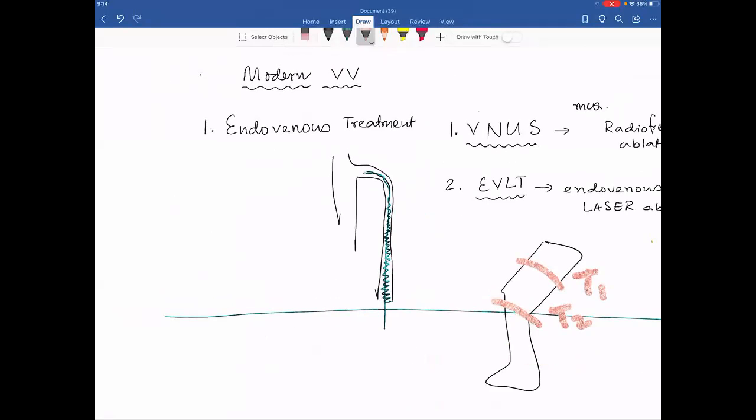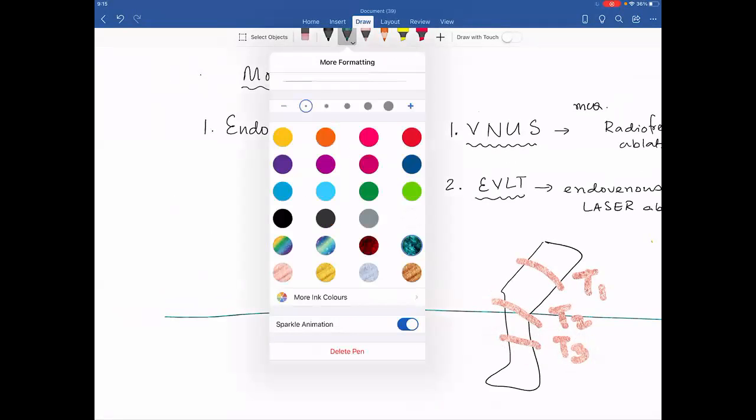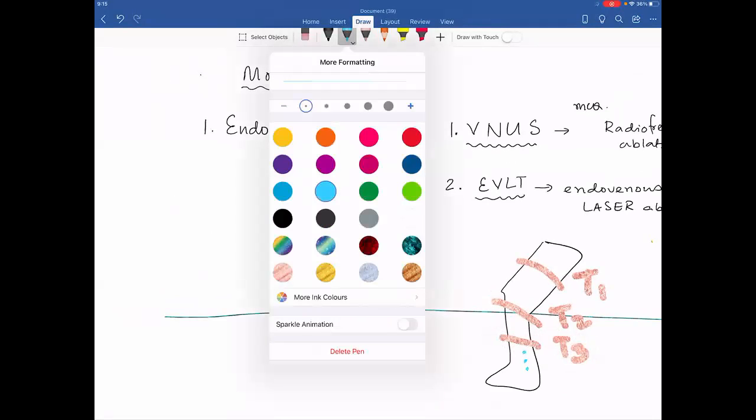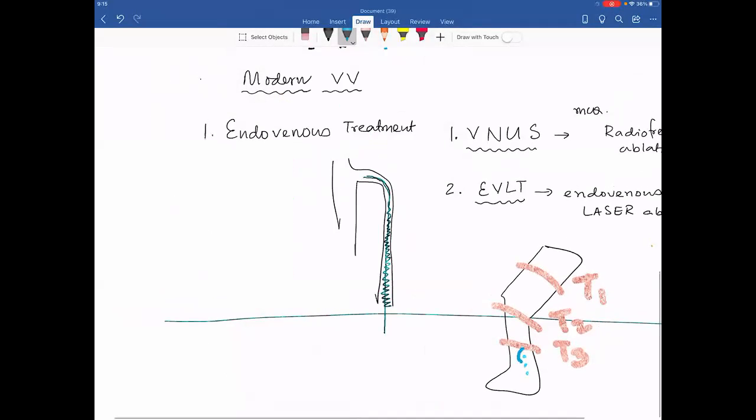What is the T3? The T3 is like this. Now, if you're thinking about ankle perforators, the ankle perforators are at this point. These are the ankle perforators. If there is an ankle perforator problem, then the vein of this segment will be done like this. Okay, done. So varicose veins are done.